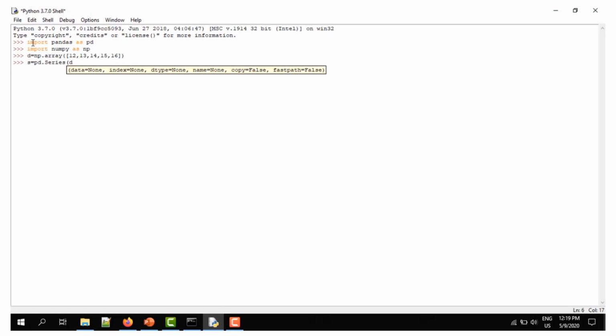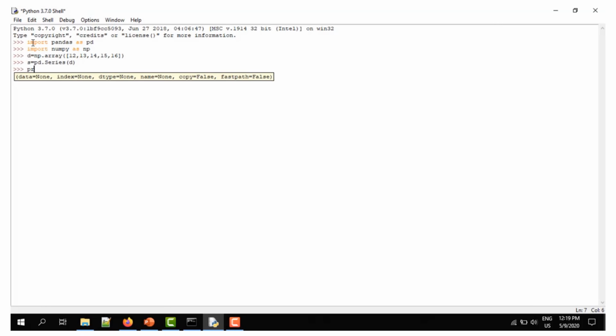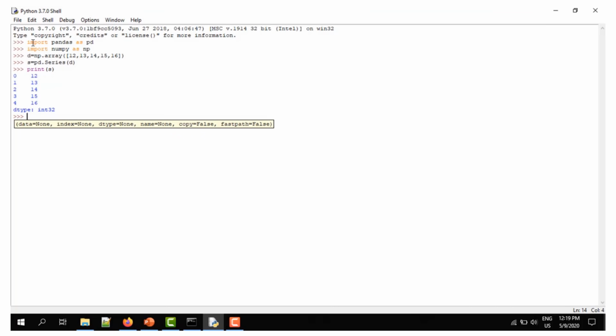In the Series constructor we have to give d as the data. The other arguments are optional, so we can simply ignore them. Print s. We will get a series with the data type int32.